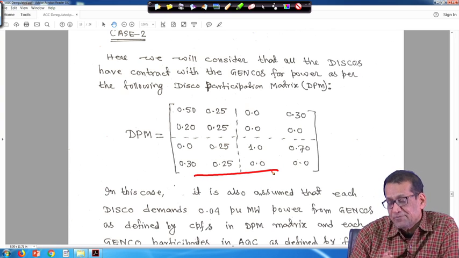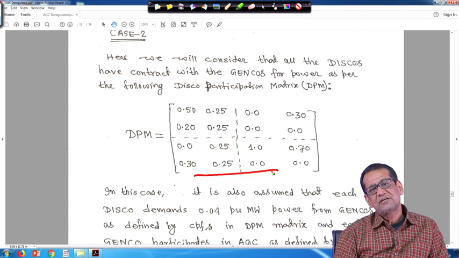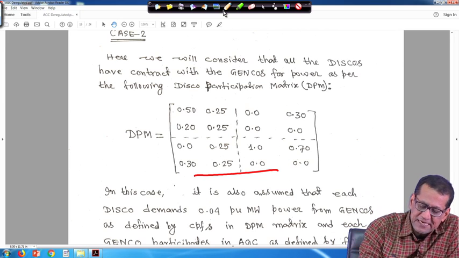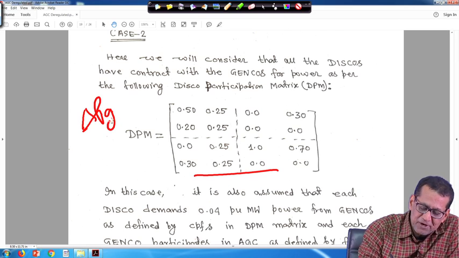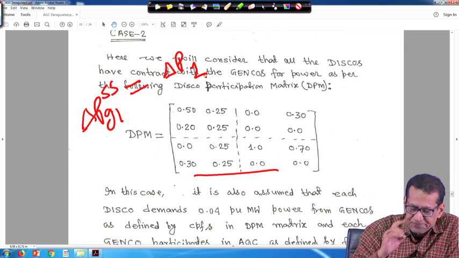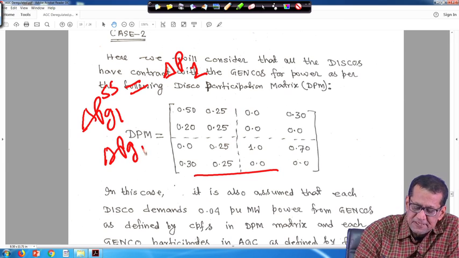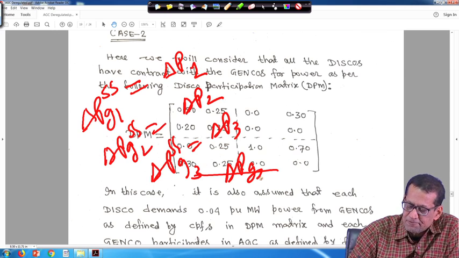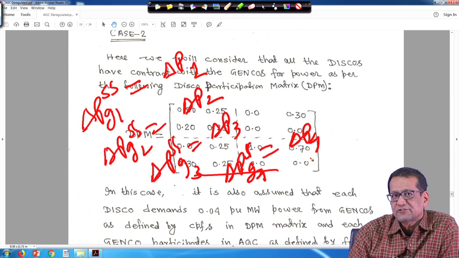So in this case, you have to find out the delta Ptie you want to schedule, and at the same time delta P1, delta P2, delta P3 and delta P4, that is the contracted power demand. And at steady state, again I am telling that for this case delta Pg1 SS has to be equal to delta P1, right. Delta Pg2 SS is equal to delta P2, right. Delta Pg3 SS has to be equal to delta P3. So delta Pg4 steady state is equal to delta P4, right. At steady state this has to happen.